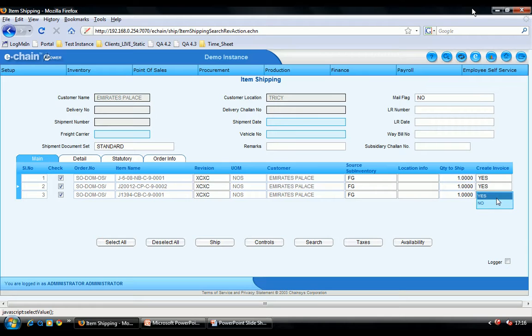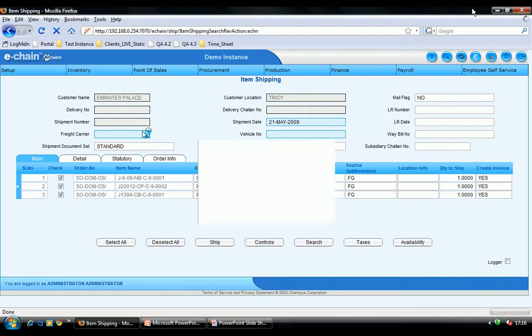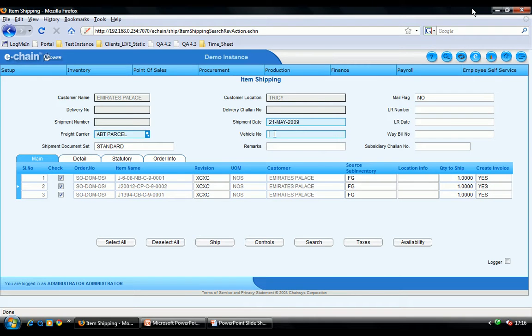Whether or not we want to create an invoice for this transaction automatically, we'll leave it as yes. Then I need to go ahead and pick up a shipment date appropriate to this situation. Can put in the carrier, the vehicle number,